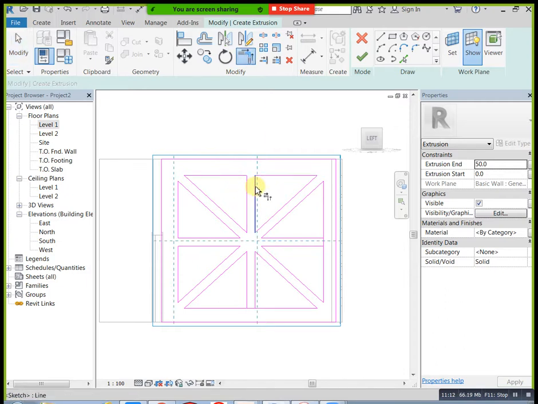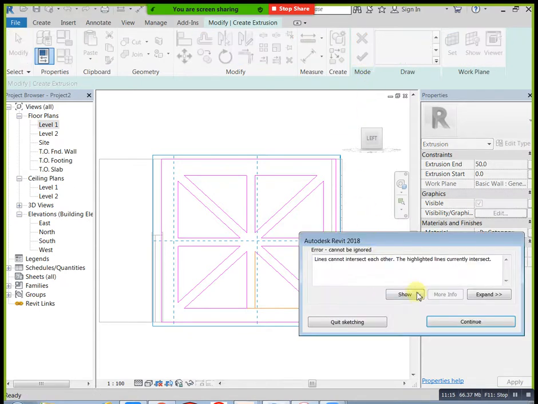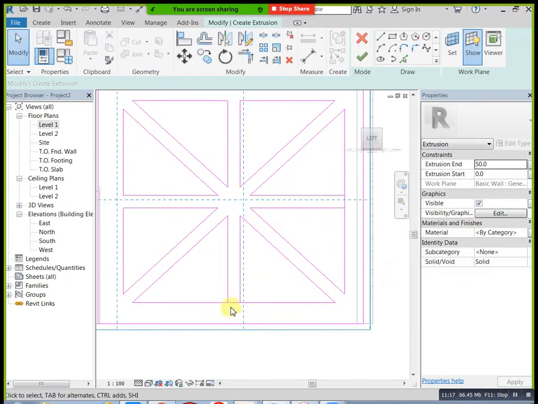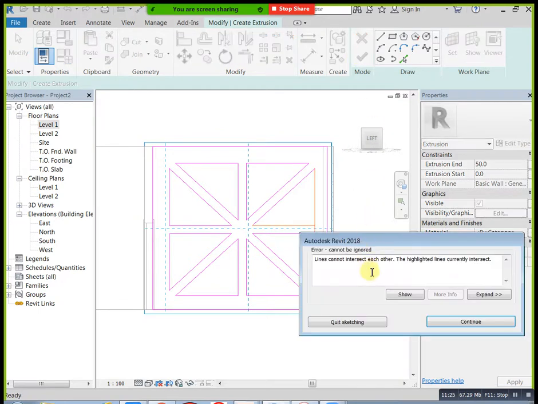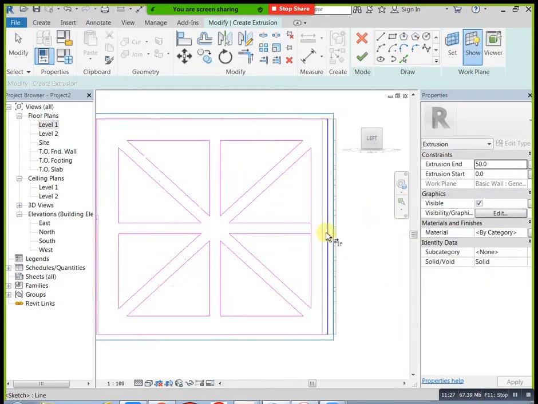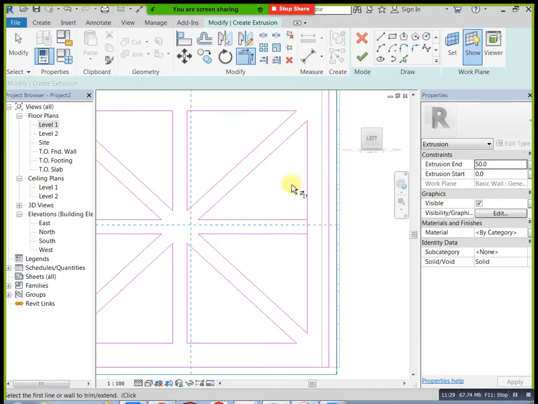Here also we need to divide. This side. Okay, finish. Then you can see view, 3D view.